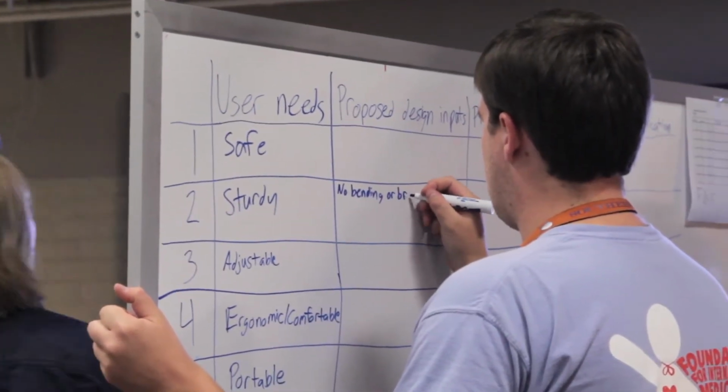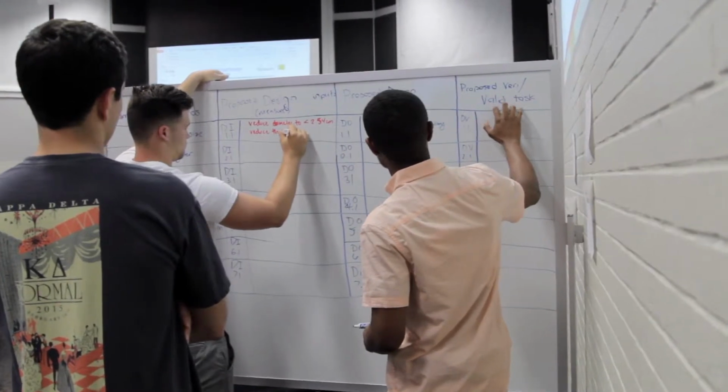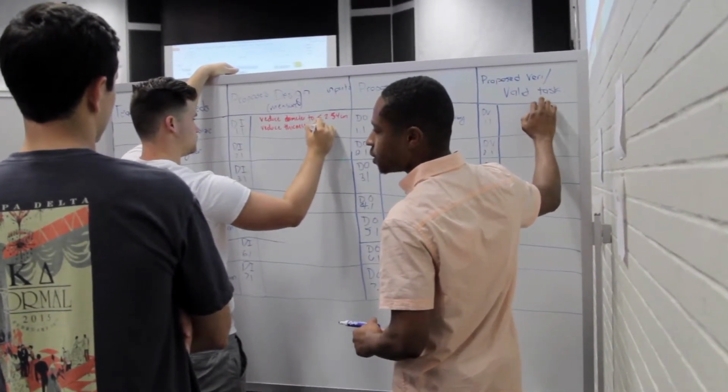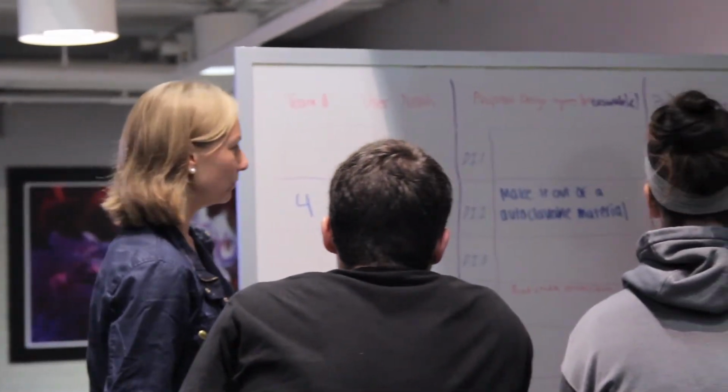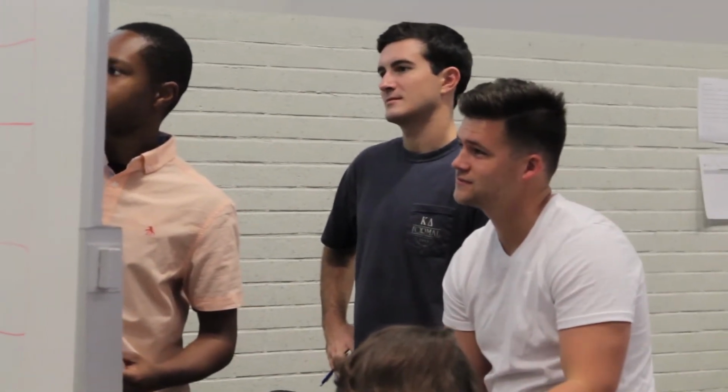And then you have to take the next step and you say, okay, what's the input? You can spend a long time on the definition, but in order for them to truly grasp it, they need to write something down. So you have them write something down, and then you ask them what the outputs would be, and then you ask them for a verification or validation task. And they write it down, and they're going to get it wrong, but they quickly learn what is wrong and what is right, because we make them go to the next board, and they have to do it on a